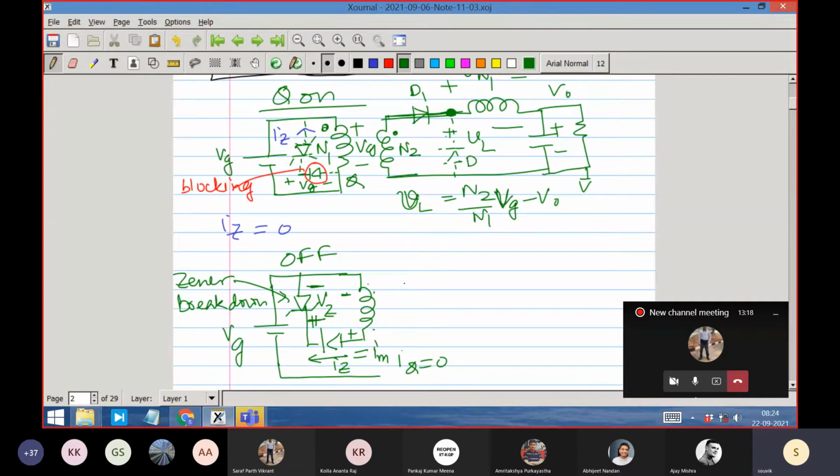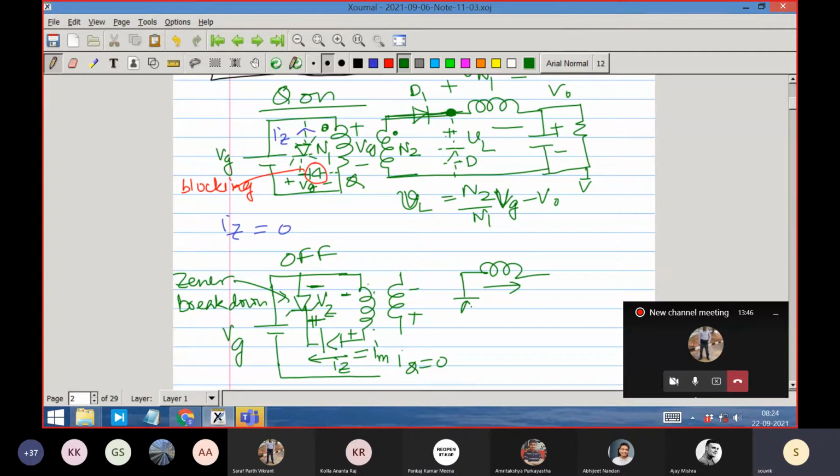So if this is minus now, this is plus now, this D1 is now not conducting. This is blocking. This is off. So who is conducting? But this inductor current has to have a path and also has to have a volt-second balance. So it has to have a negative voltage. So what is happening? This inductor current has to continue. Its energy cannot be disrupted. So the inductor current continues and it automatically forces this diode to conduct.